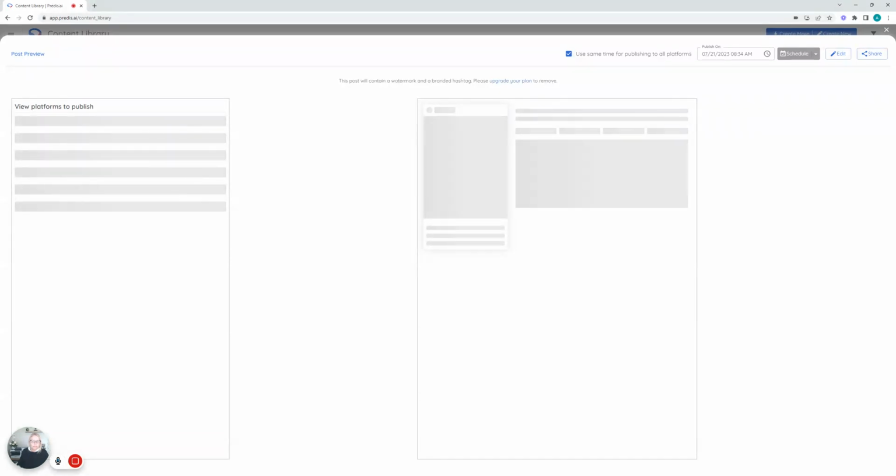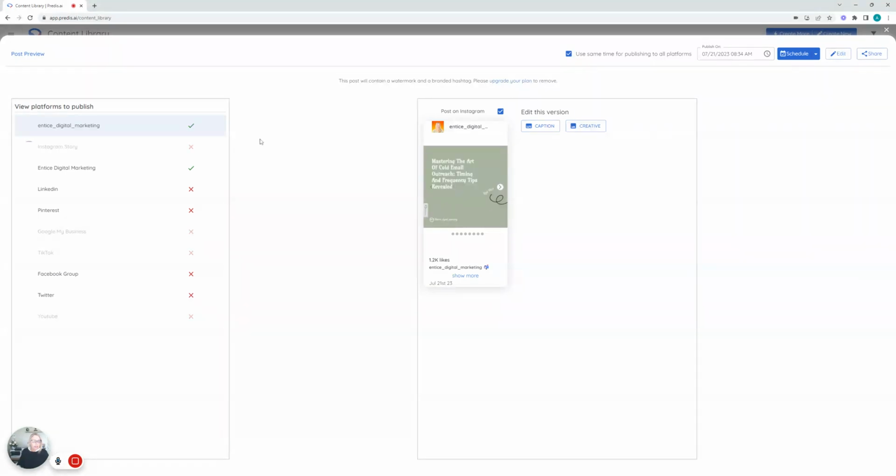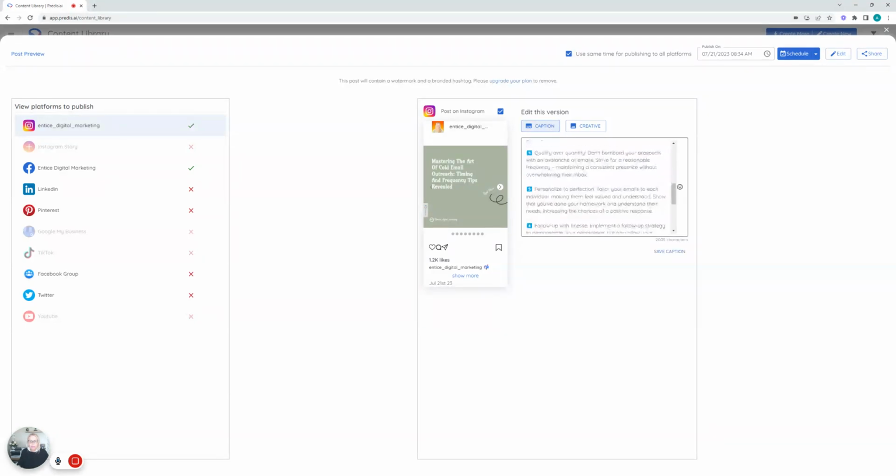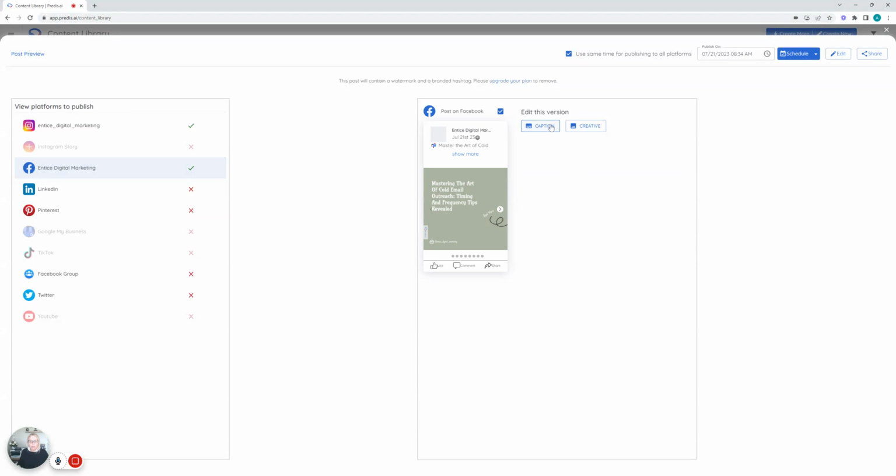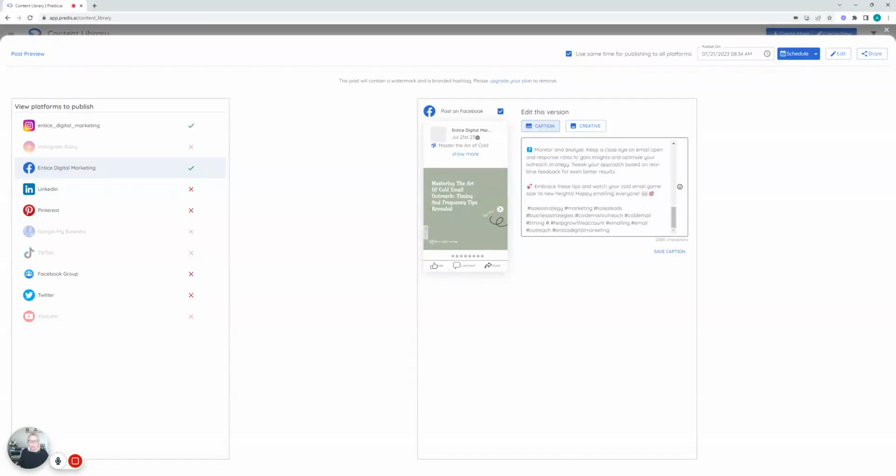Taking a little while to come through. So I have an Instagram and Facebook set up. So I will put them onto both of those platforms. And on Instagram, this is how it's going to look. We can go to Facebook and it will show us how that's going to look,